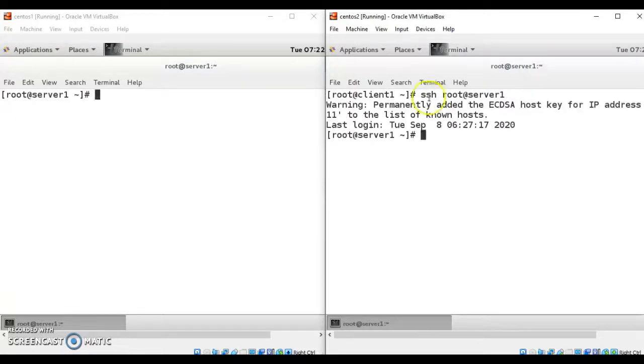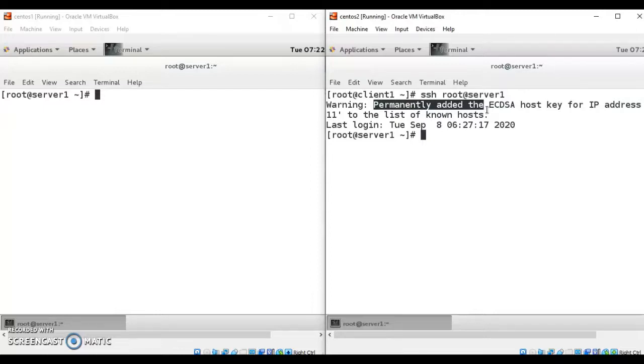So see here, whenever you try to connect to any remote machine, it will try to add the ECDSA host key for the IP address of the remote machine, that is your server machine. What is the meaning of ECDSA?